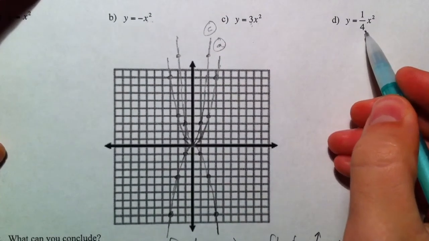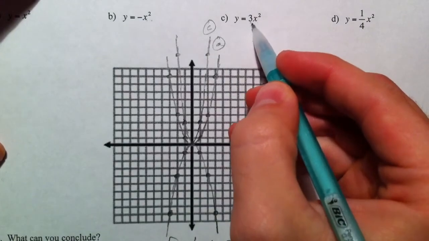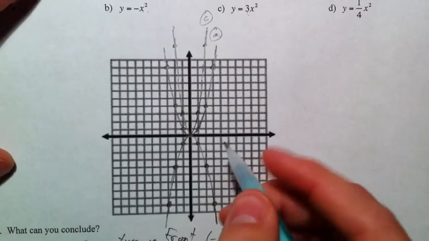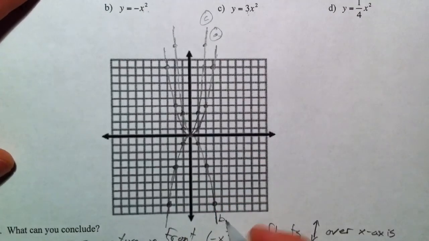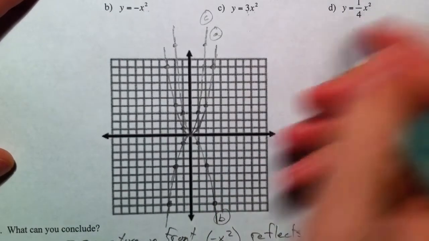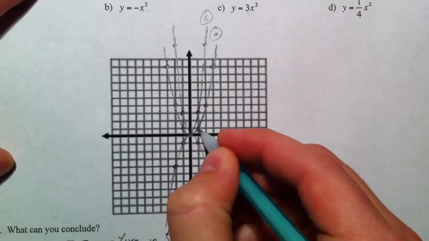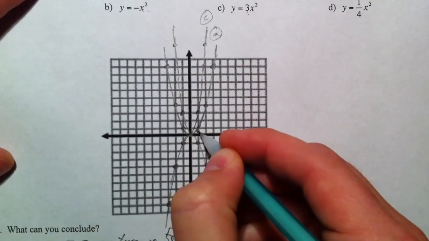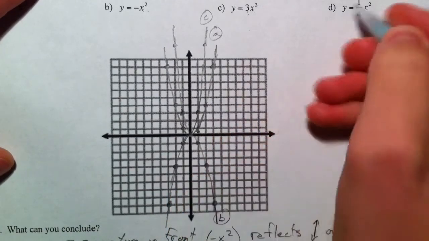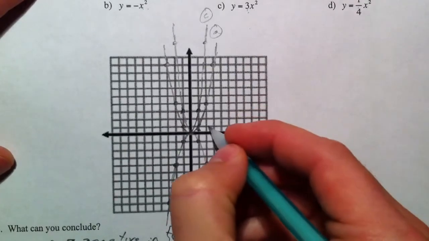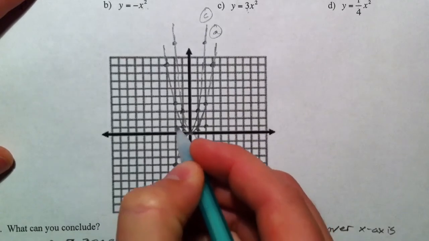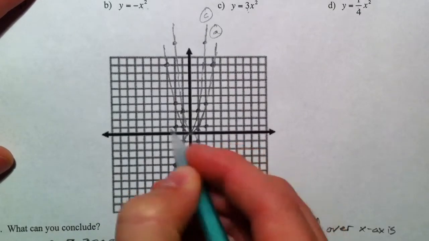1/4 x squared, obviously it's going to have the opposite effect of the 3. It's going to make it shorter. And so that's our B. 1/4, it's only going to be if it multiplied by 1 and then multiplied by 1/4. Sorry, 1 squared is 1. And so then if 2 squared is 4, 4 times 1/4 is 1 again. And so you're right there. See how it's going, kicking out wider,